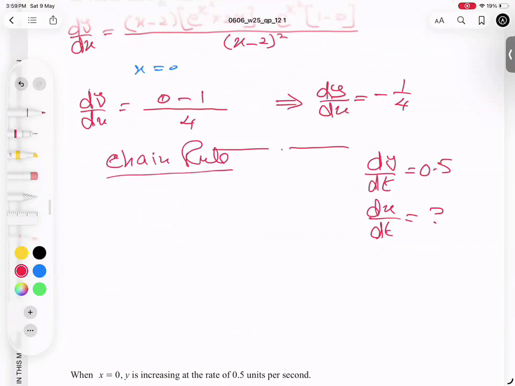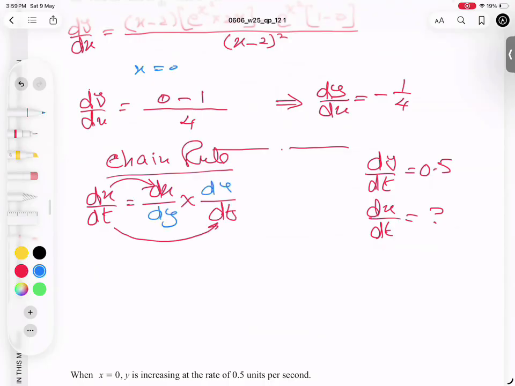And how do we start the chain rule, students? What is unknown? Start from there. So dx over dt, and we write two fractions. This goes in the first numerator. This goes in the second denominator. And dy and dy. This value we have already, and this value we just got, but in reciprocal